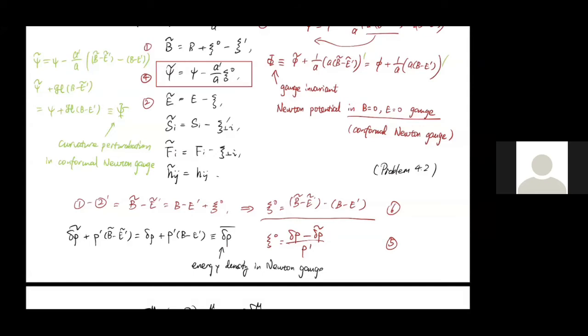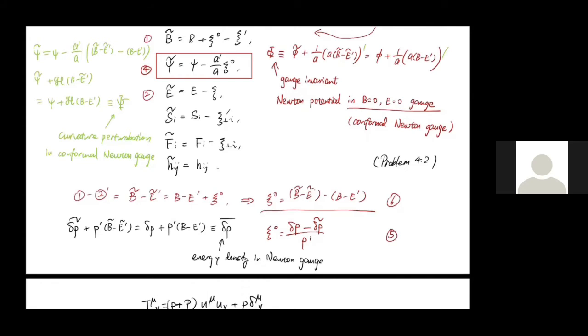This means that even if we choose a coordinate in which the energy density perturbation is 0, we still have this quantity. This is what we have for the gauge invariant quantities: the value of such quantities doesn't depend on which coordinate you choose. So in this kind of quantity,